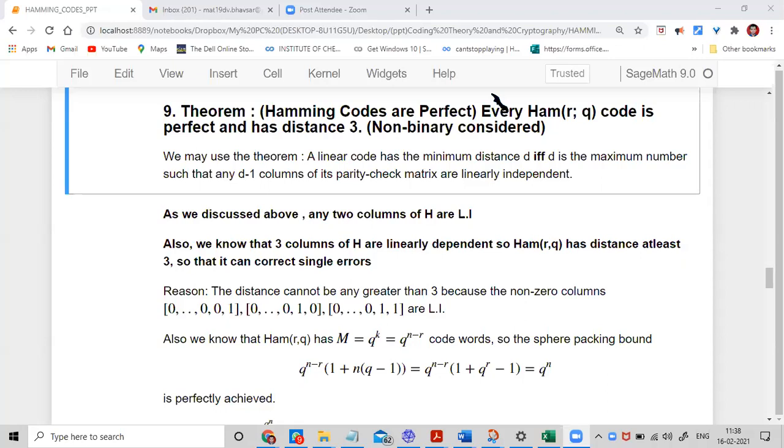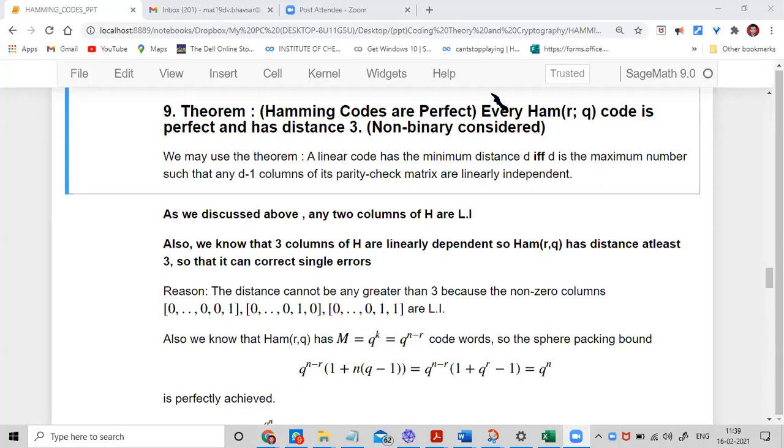You remember that? If we take each code word, we construct a sphere, and we count how many code words there are in that sphere. Multiply that by each code word, and that is less than or equal to what? All the code words. So that is exactly q to the power n. Again, we are giving the complete proof.